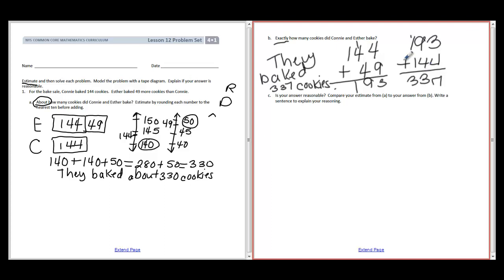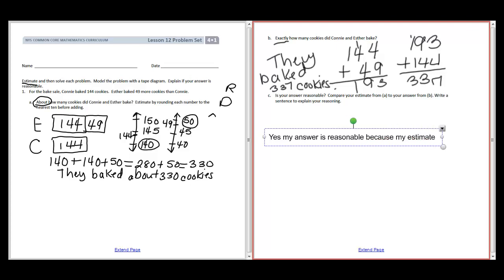It says, is your answer reasonable? Compare your estimate from A to your answer from B. Write a sentence to explain your reasoning. Okay, I'm going to type this because if I write with this pen, it's not going to look very pretty. Okay, this does not have to be a really long answer. Basically, I would say, yes, my answer is reasonable because